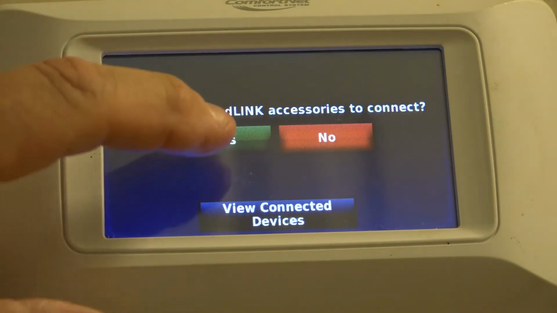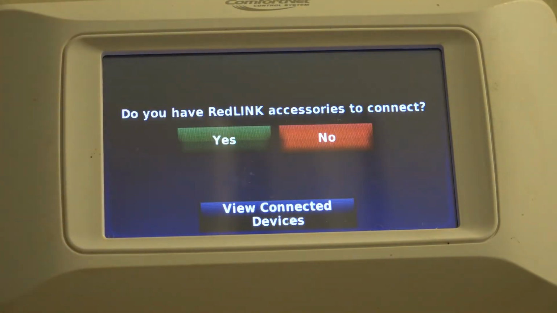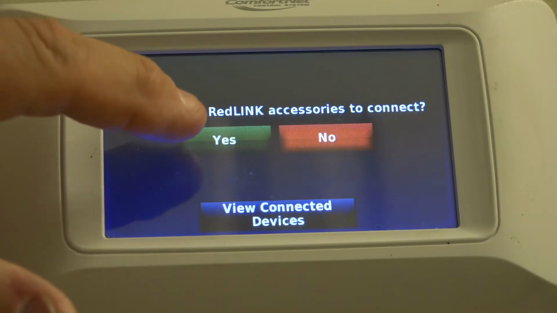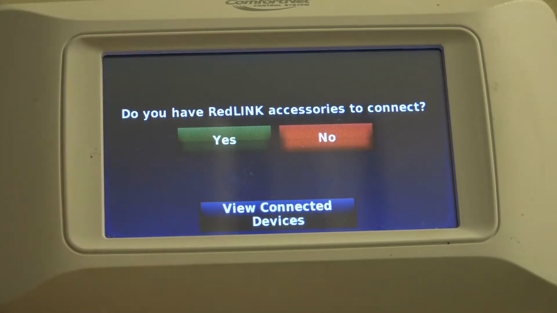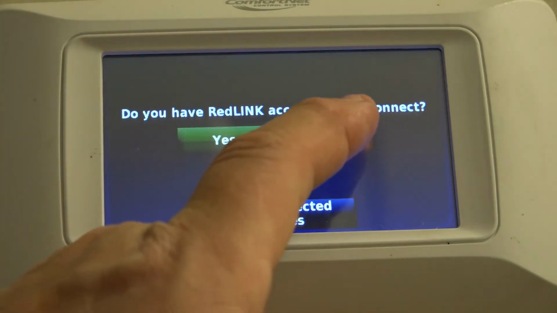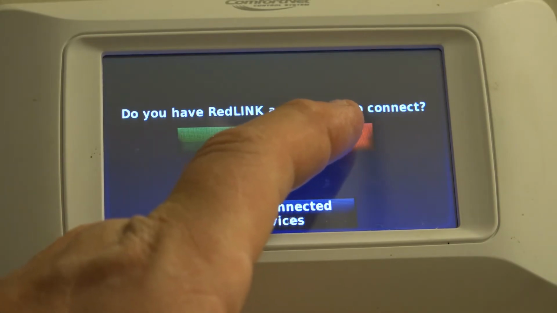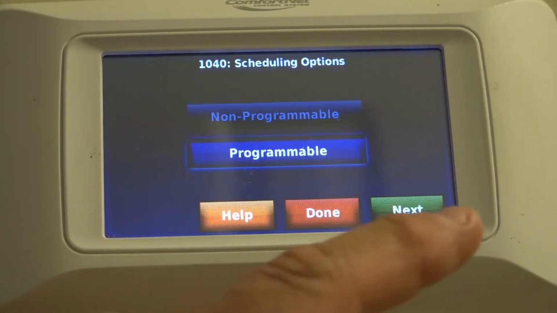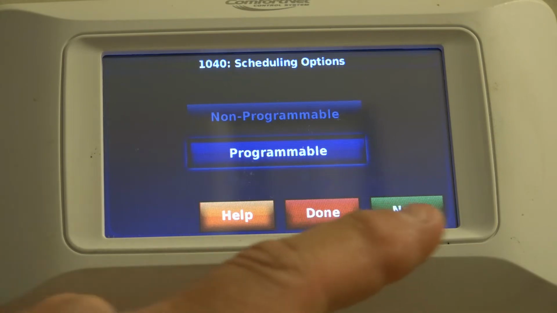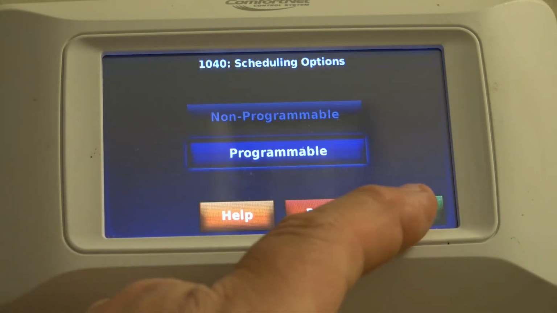Do I have Red Link accessories? So if I had wireless room sensors, outdoor thermistors, or the handheld remote control, I could click yes now and go through that process. I do have some here, but I'm not going to add them back in just yet. I'll do that here a little bit later. But I can select programmable or non-programmable,